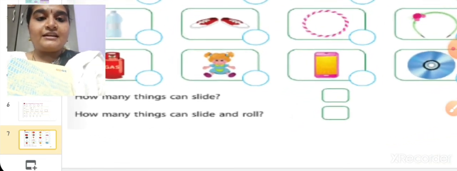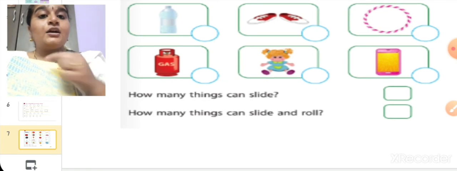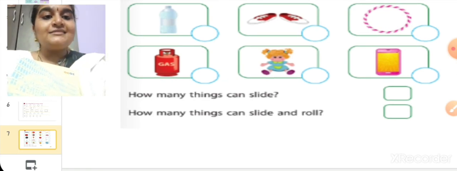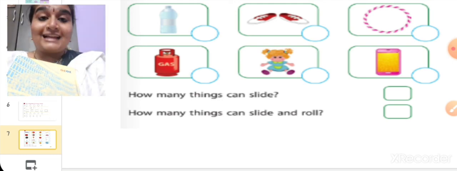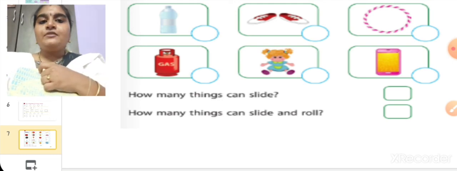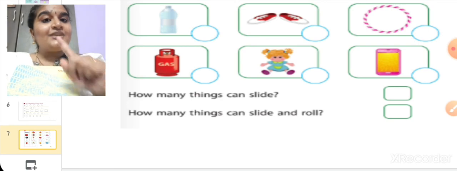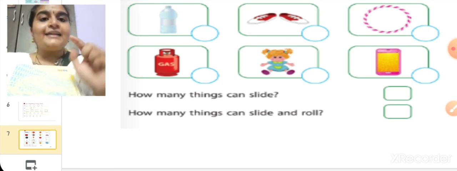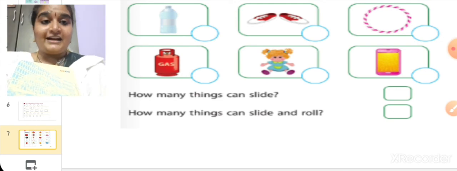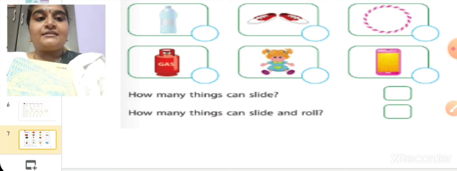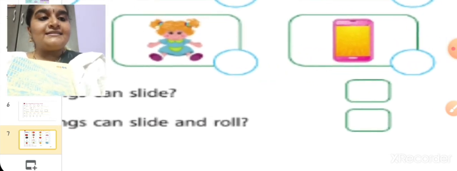Once you finish, you can count with the colors and write how many things can slide. How will you count? For sliding, you have given red color, right? You count how many red colors you have given and write it in this box. For example, if it is 9, write 9.